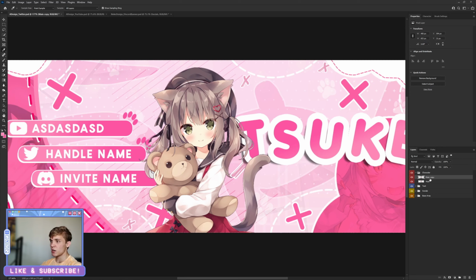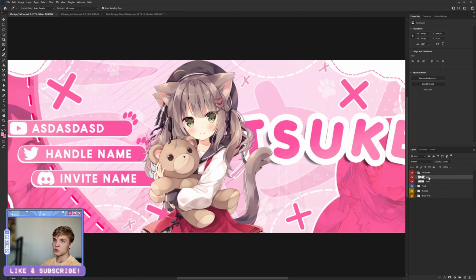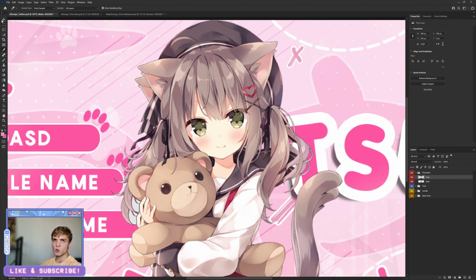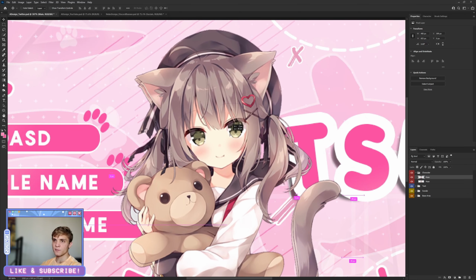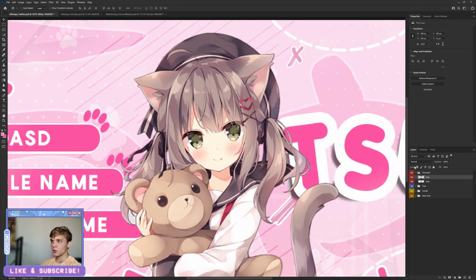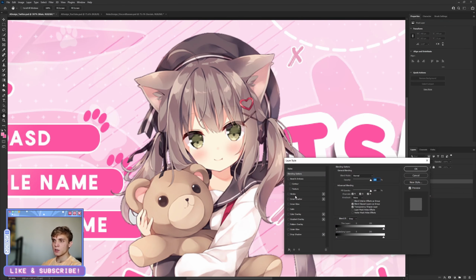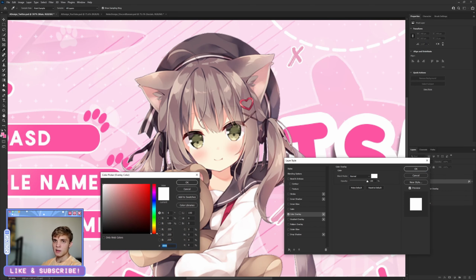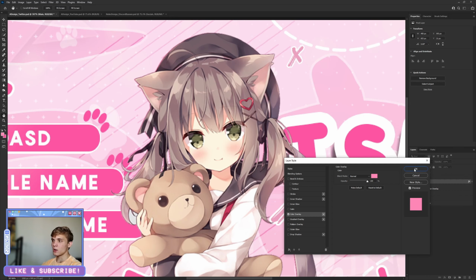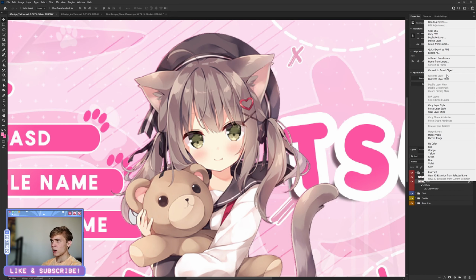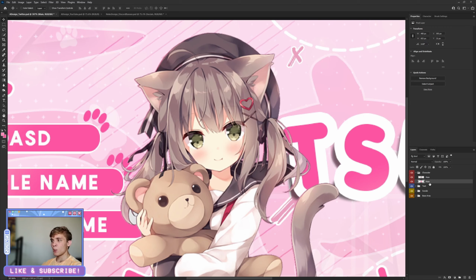We can do a Control J or Control C, Control V, same thing. Control J is a bit quicker, and a Control V seems to have knocked her off center. So let me recenter her. Now I'm going to do right click, blending options, color overlay, and let's make this one the pink. I'm just going to click over there and it is now pink. Okay. Right click, rasterize layer style, and we want to make sure this is below the actual full color